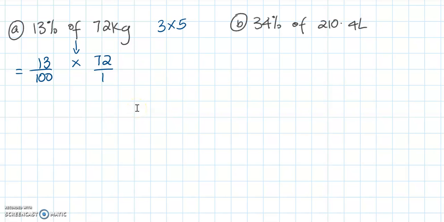Or you could just multiply out the fractions: multiply the numerators, 13 times 72, and the denominators, 100 times 1. You can use a calculator to work this out, which gives 936 divided by 100,